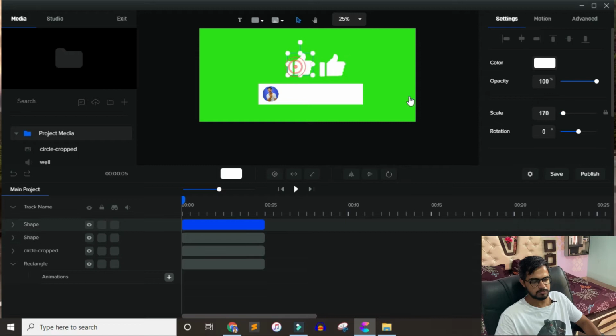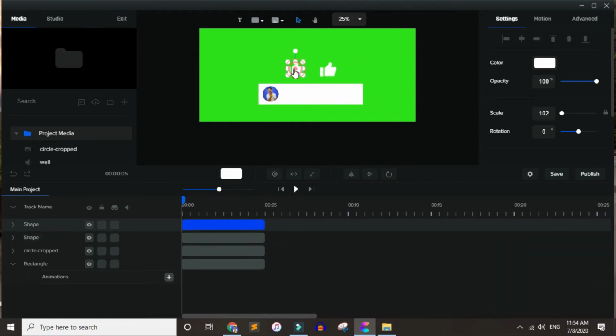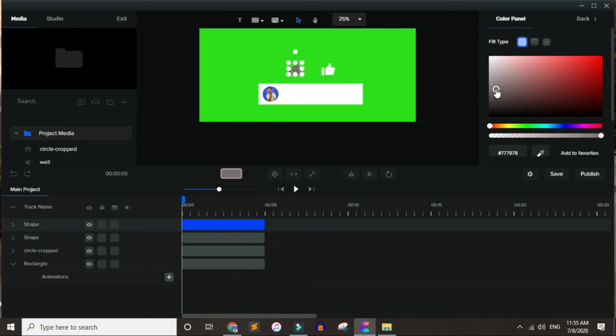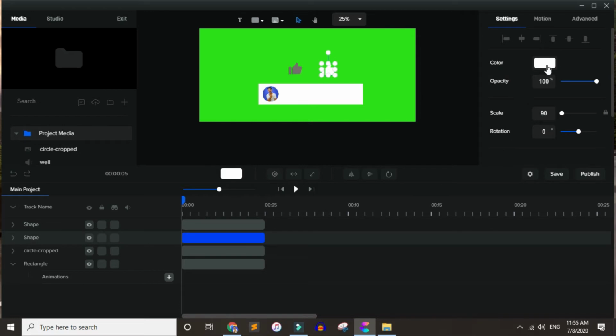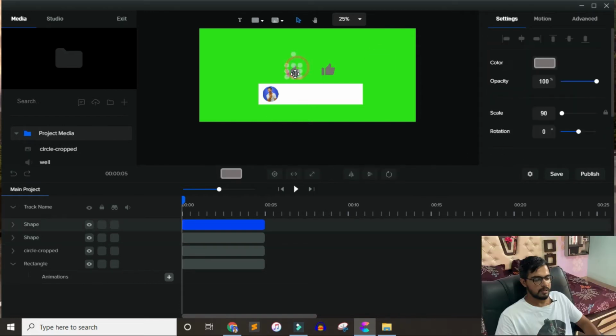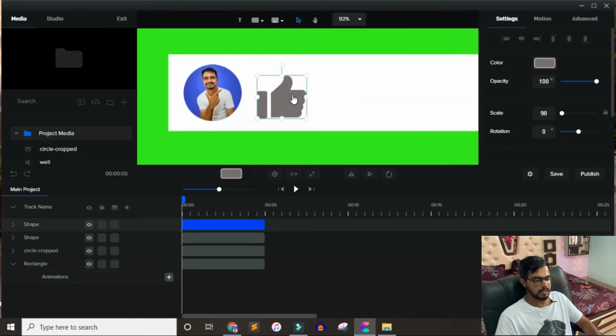Make sure both of the elements are the same size. Here again change the position, and I'm going to zoom in to place it at the center.